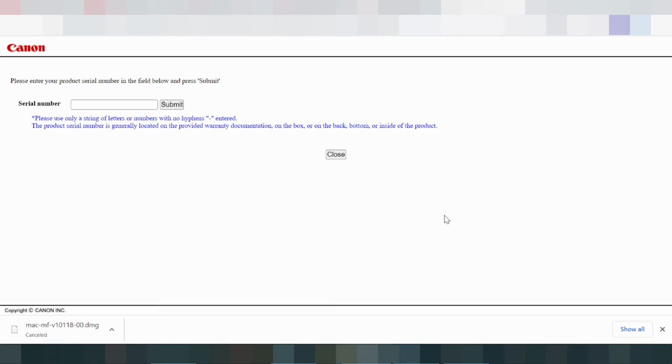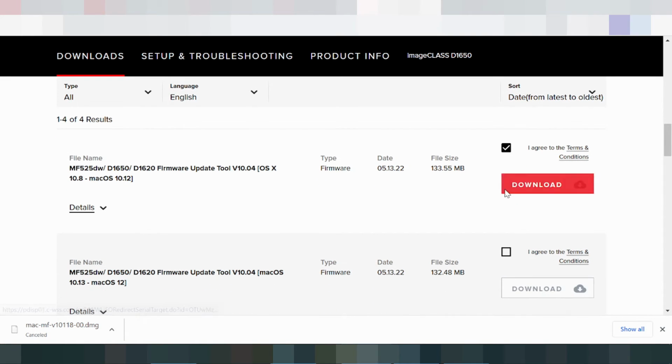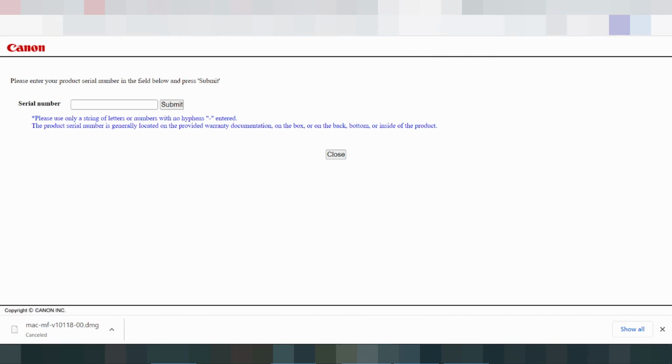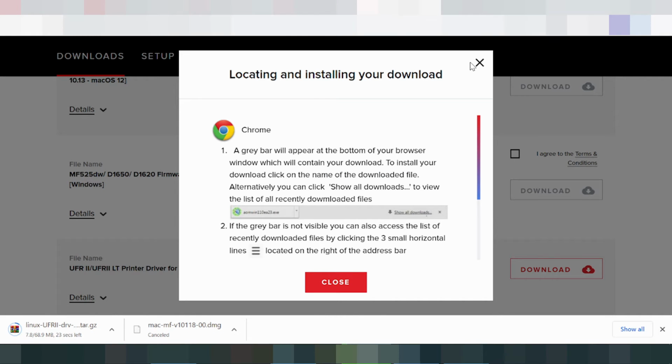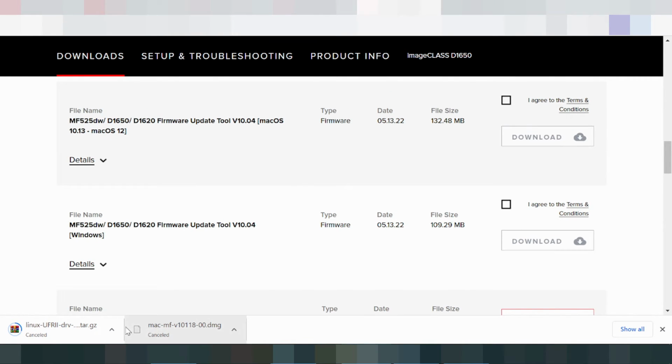This here is the driver, your serial number. Input the serial number for the printer, and this here is if you do not input it. Maybe this here. Serial number again. If you do not have the serial number, you click here for this driver. This here is without serial number, and download the Linux driver. And I am checking for the